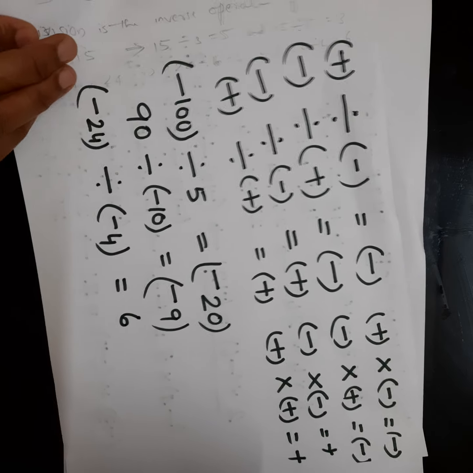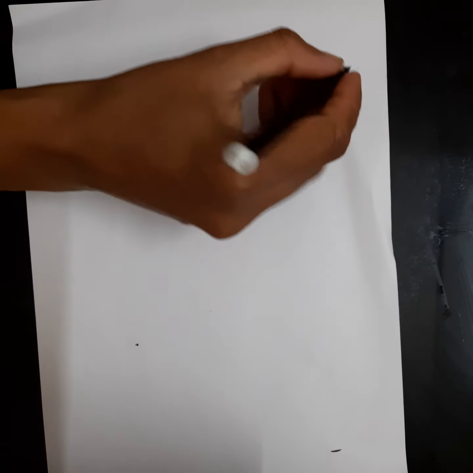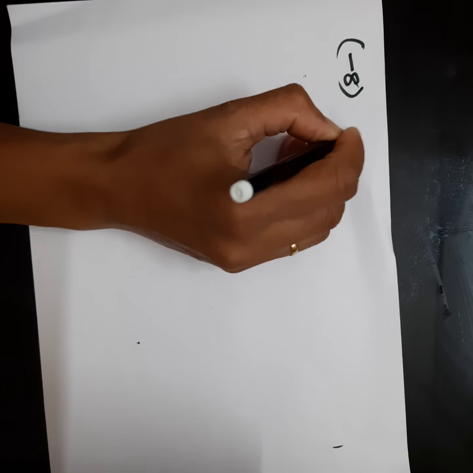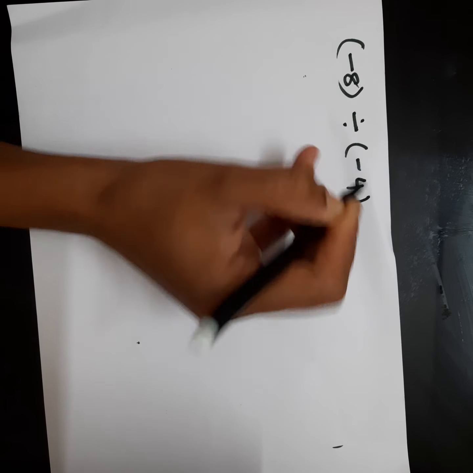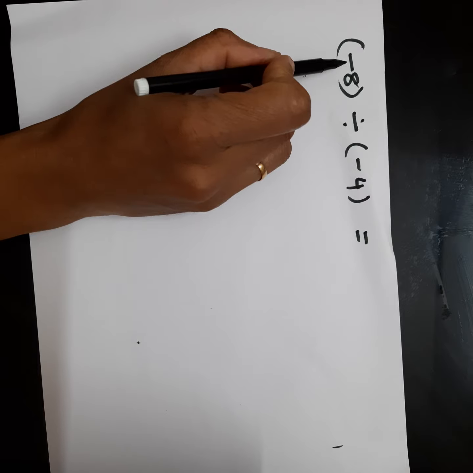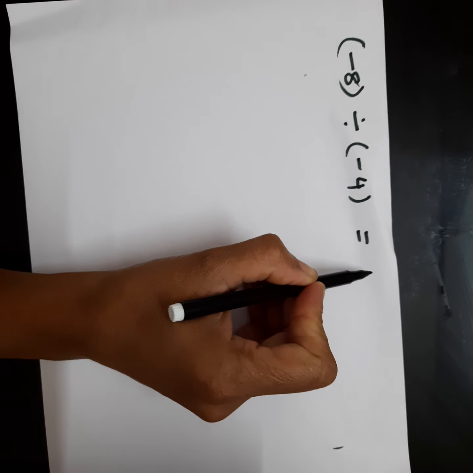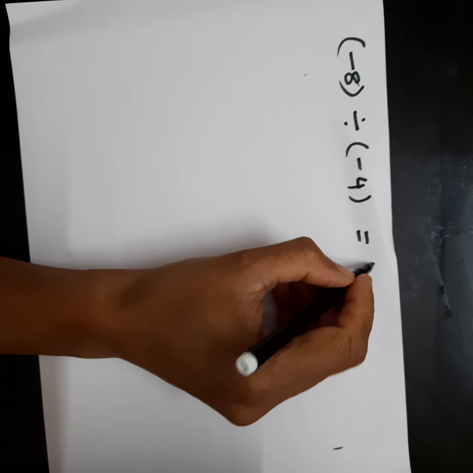Now let us see the properties of division. In the case of multiplication, we studied properties like the closure property. What is closure property? When two integers are multiplied, the product is also an integer. That is the closure property for multiplication. Let us check it for division, whether we can get the answer. Let us see minus 8 divided by minus 4. Here you see both are negative, so the answer should be positive. 8 divided by 4, 2.